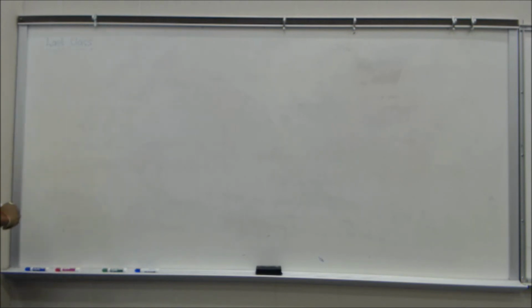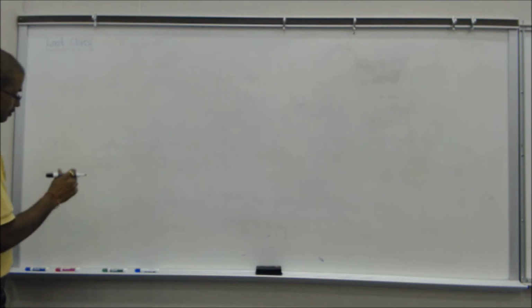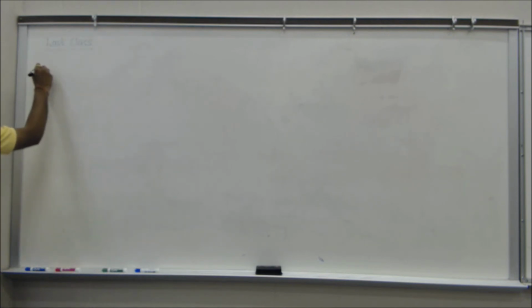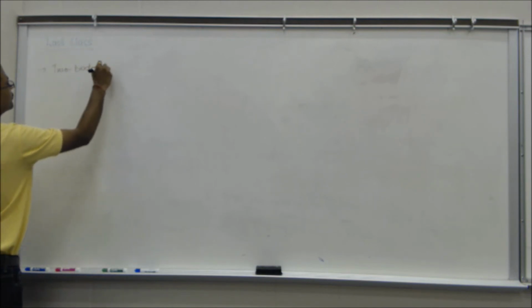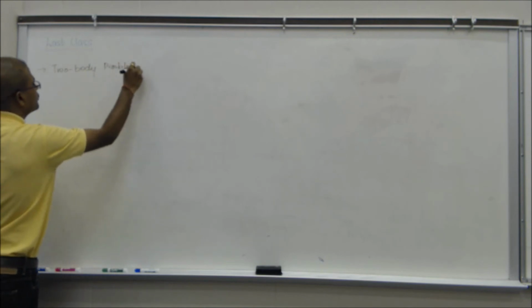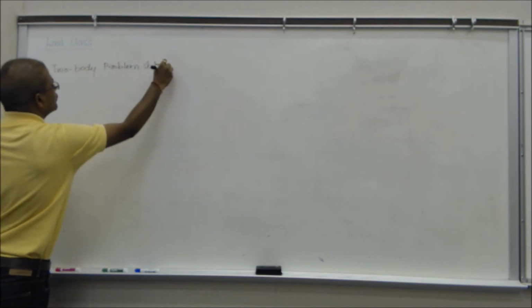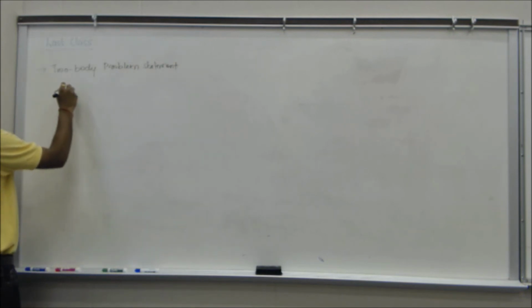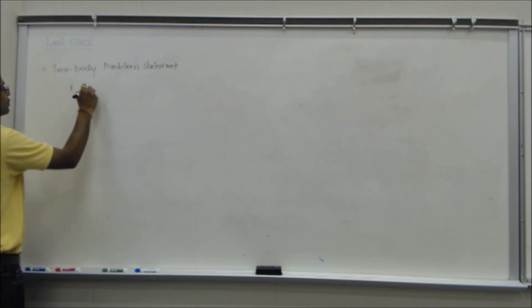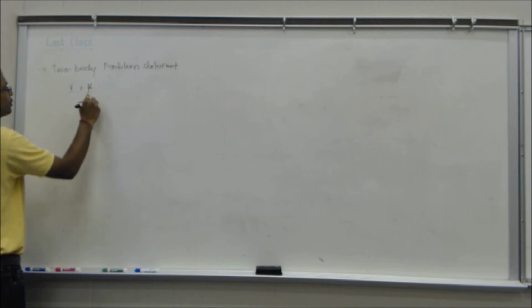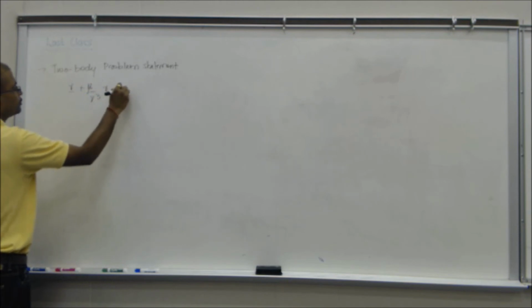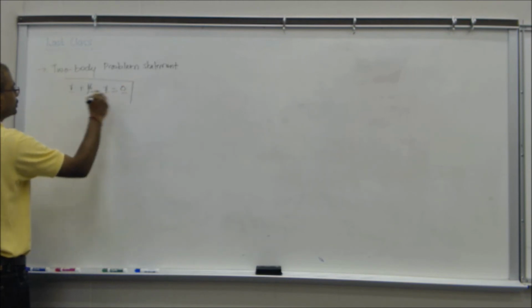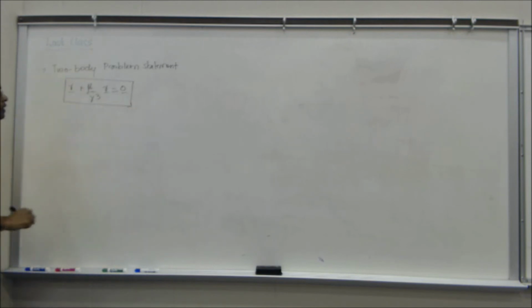So last time we arrived at the two-body problem statement, right? The two-body problem statement says R double dot plus mu over R cubed R is equal to 0. Right? And then we said